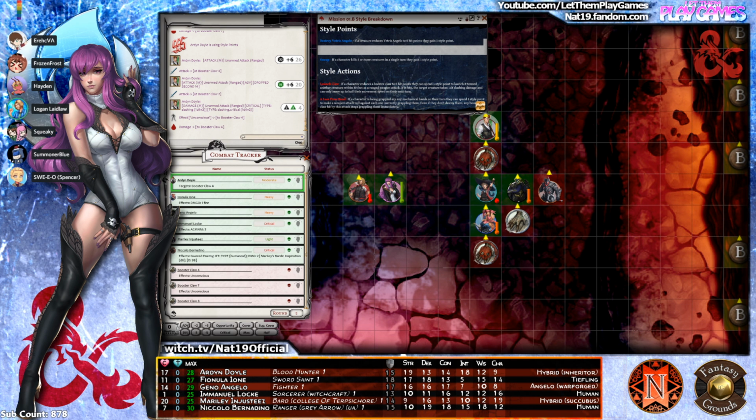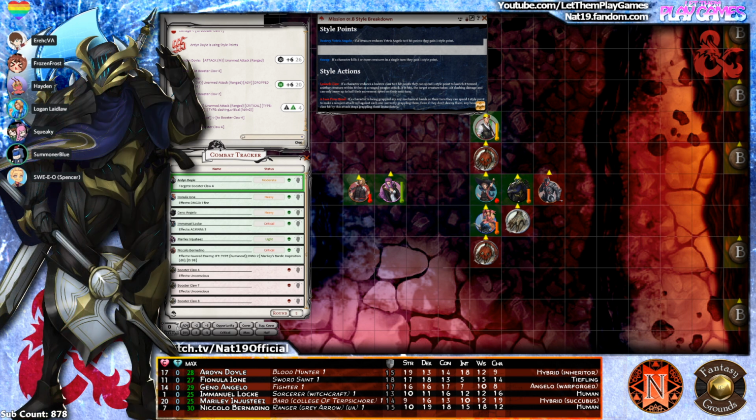Gain 1 style point for killing 2 creatures in 1 round. Alrighty then. Can you launch claw again? It's not. I doubt it. You act. I'm out of ammo. There's no range. If you have a style point, you can cause...